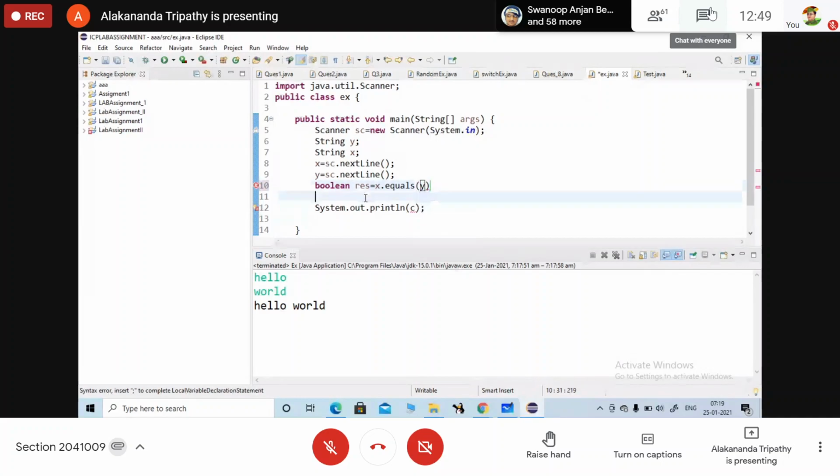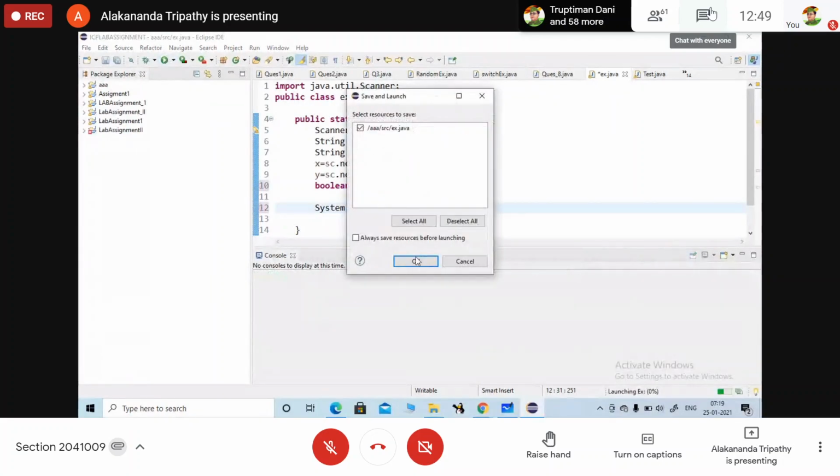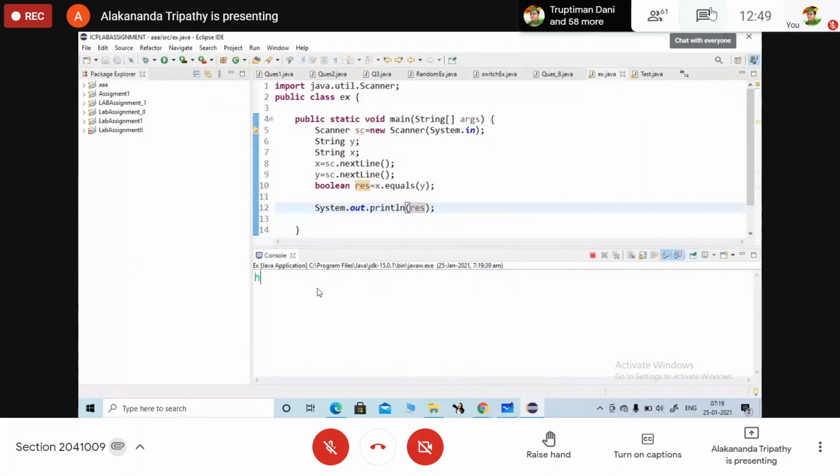So it will compare the two strings. System.out.println, here I will write result. Now the first string here I have provided hello, and the second string here I have provided hello. So what is the output here? True. So if both the strings are same, it is true.